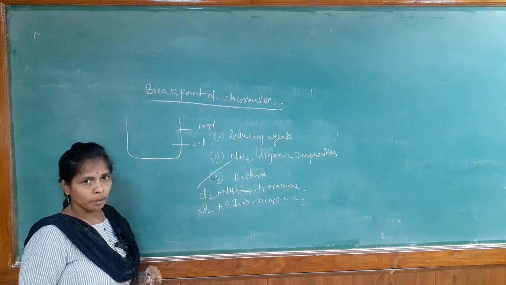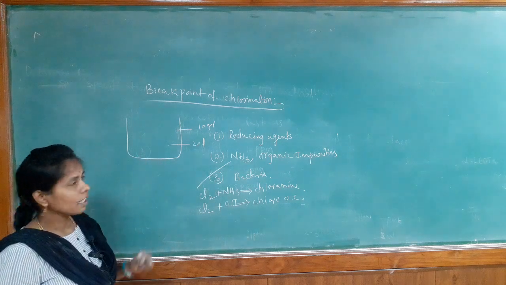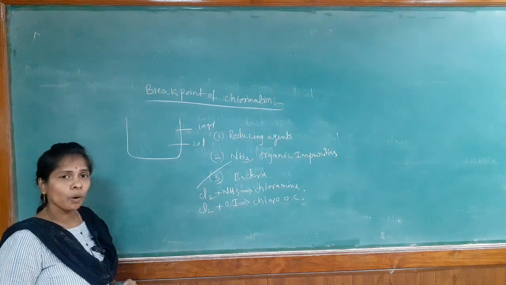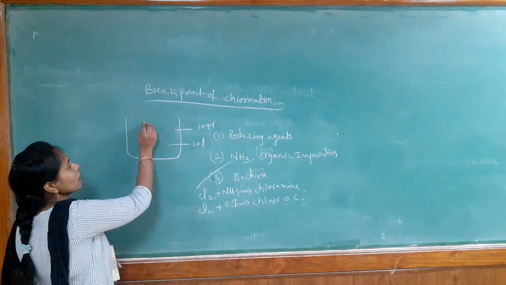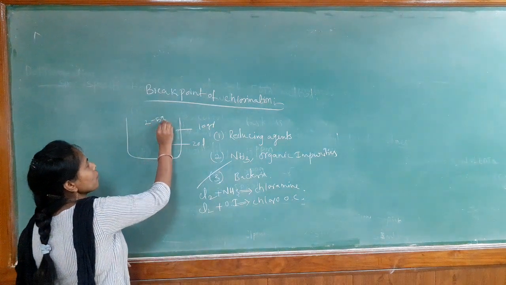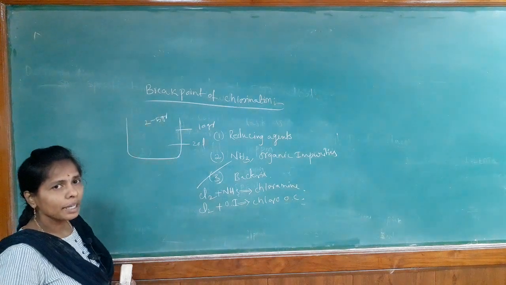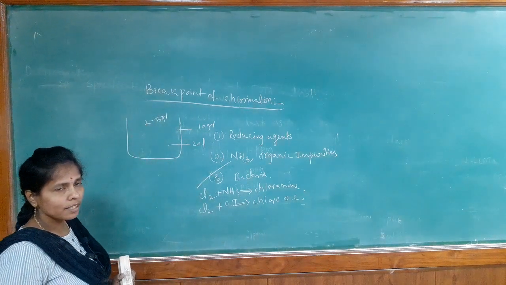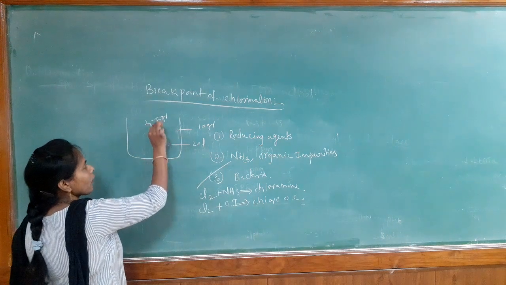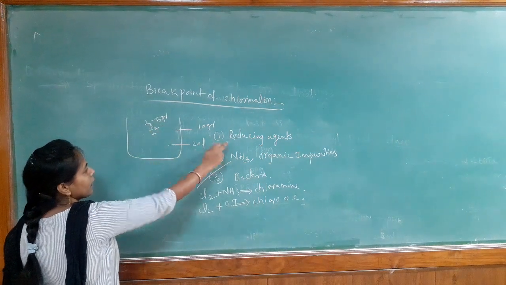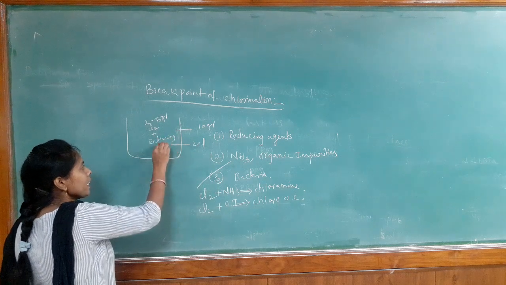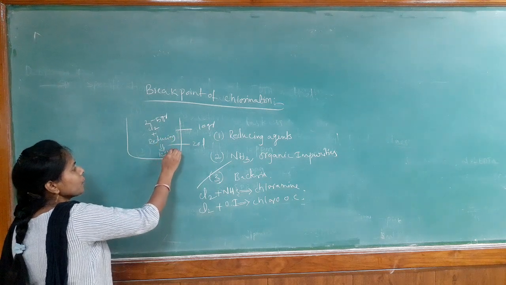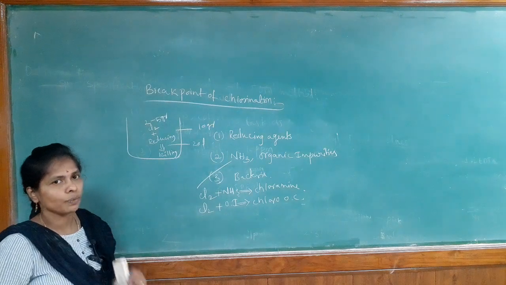Now I will explain by using this. I said the 20 liters of water sample requires 10 grams of chlorine. So, initially we are adding around 2 to 5 grams of chlorine. When we add 2 to 5 grams of chlorine, what happens here? The 2 to 5 grams of chlorine is killing the reducing agents. Initially it is reacting and immediately killing the reducing agents; that is stage 1.